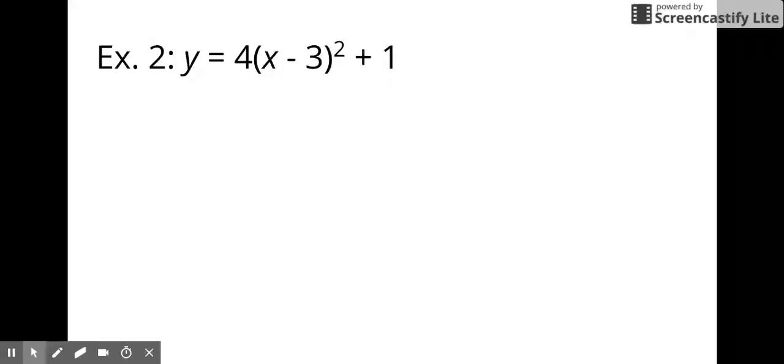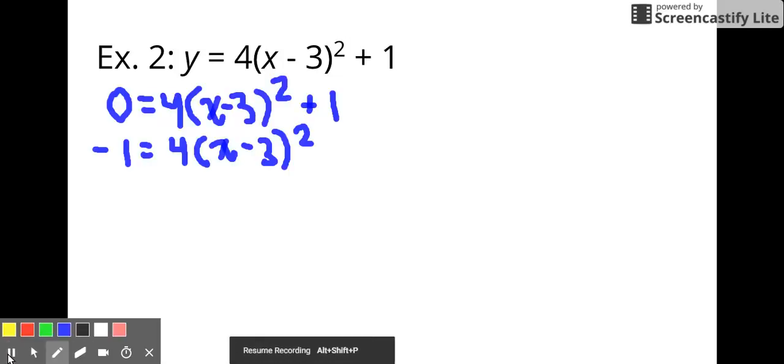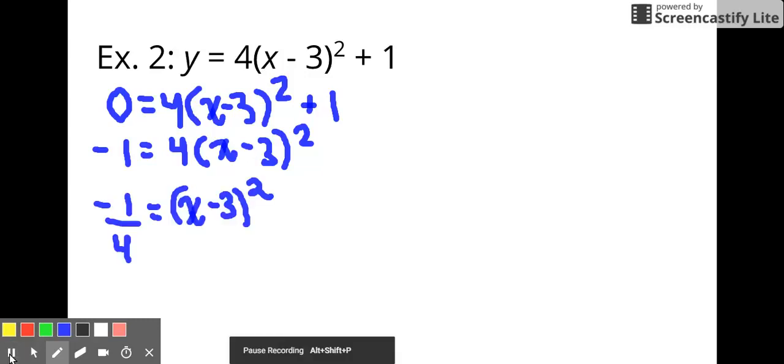So we want to set it equal to 0 and solve for x, and the whole point of this is to get the quantity squared alone first, and then you can take the square root of both sides. So I set my equation equal to 0, and then I subtracted 1 from both sides. The only thing I need to do to get my quantity squared alone is to divide both sides by 4. Now I can take the square root of both sides, and again, I'm leaving this as a fraction,